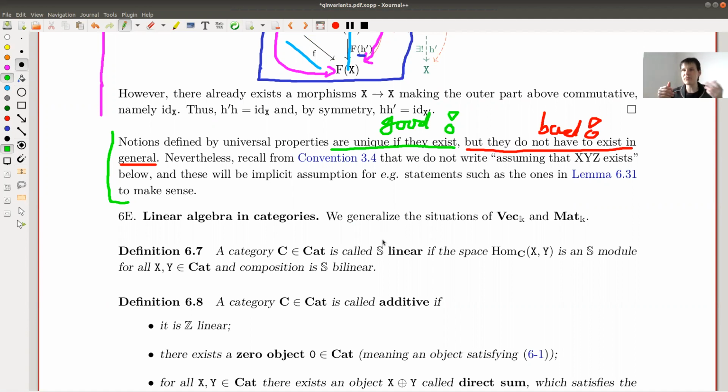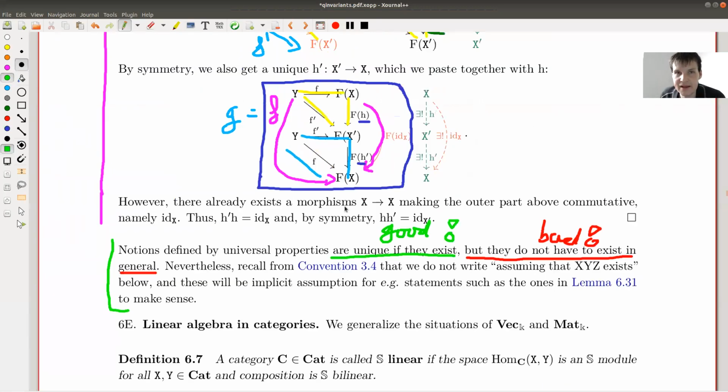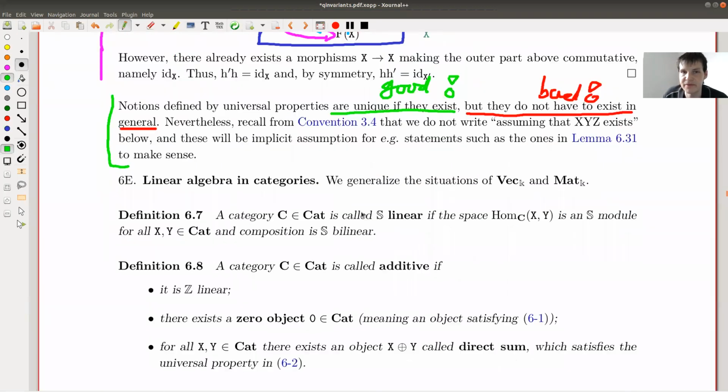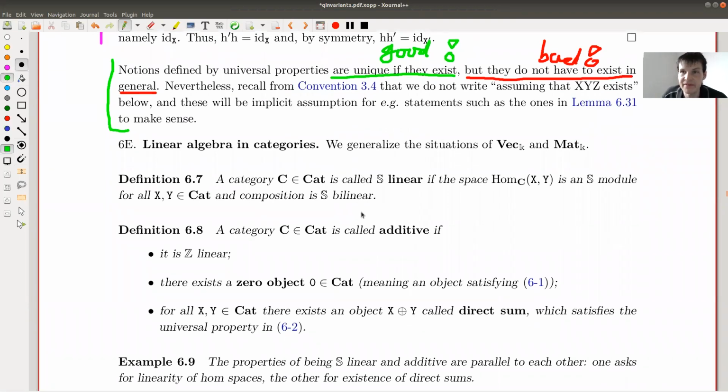If you have some universal property, proving something about it is in a lot of cases just a very standard diagram pasting argument. You take your universal property diagram and paste it together in certain ways, like I did here. This is a standard blueprint, a prototypical example of how proofs work with universal arguments. Anyway, this was probably too quick, so just read it again, and let's jump into it.